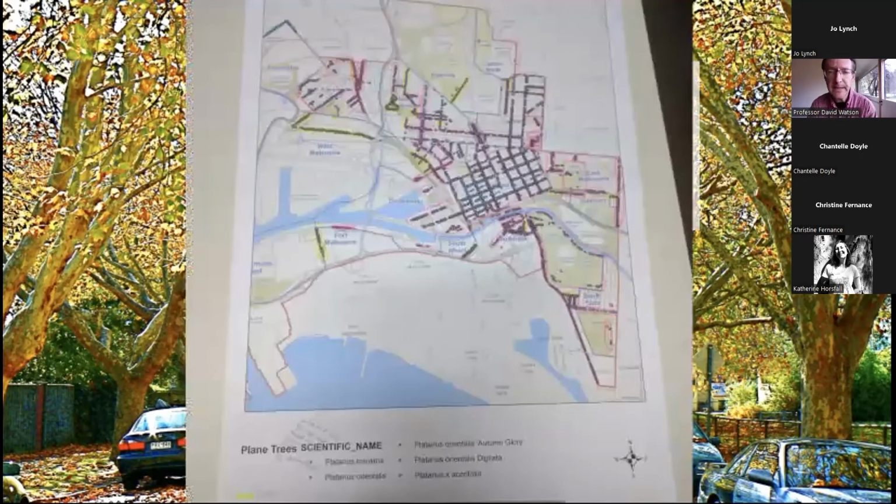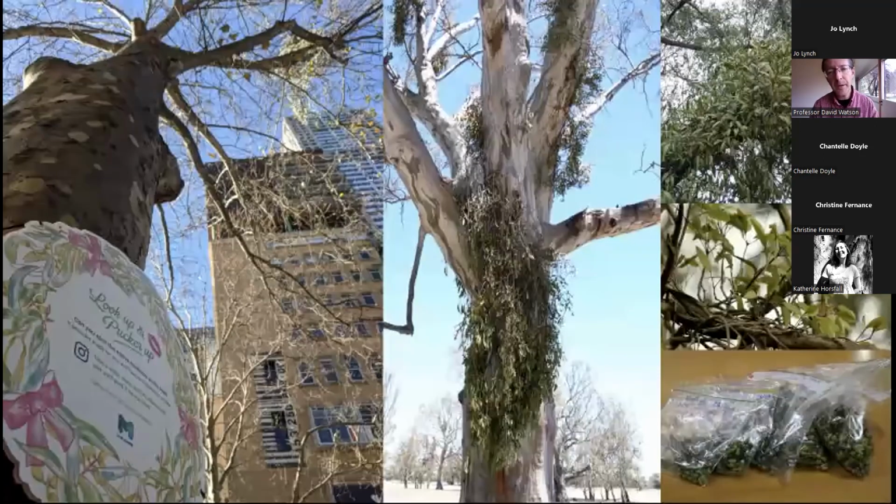So we sat down, looked at some maps. There's a map of downtown Melbourne. Melburnians will recognise some features there, and the pink is plane trees. There's a lot of plane trees in Melbourne. So we hunted around and found the best mistletoe to use for this exercise. There's a few mistletoes around Melbourne, maybe six species. This one is a fairly obscure one. Muellerina is the genus, Muellerina eucalyptoides.